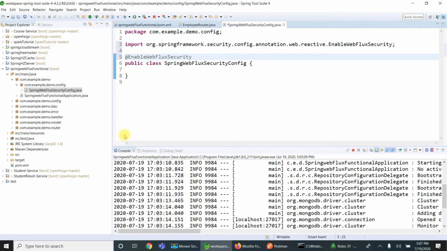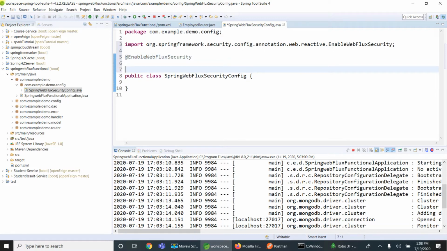I'm going to take the user credentials from the code itself. I'm going to hard code my data in the application, in the config class. So we have to use MapReactiveUserDetailsService. In the case of Spring Security, we were using UserDetailsService. It is the interface, and based on our implementation, whether it is in-memory, JDBC or LDAP, we will be using the corresponding implemented class. In the case of WebFlux, we have MapReactiveUserDetailsService to hard code the data inside the code itself. So I'm going to use that.